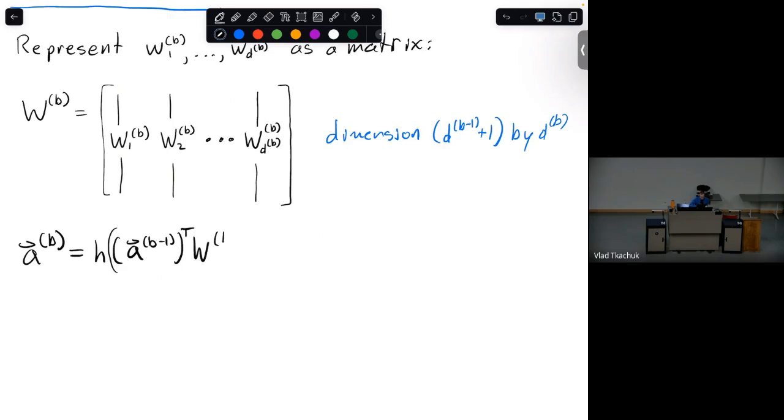So this is the above matrix. And now this H is taking as input a vector, and you can look at the lecture notes, but this is applied element-wise. I said that H was a function from reals to reals, numbers to numbers. Well, if it takes in a vector, then it just applies it to each element one by one.